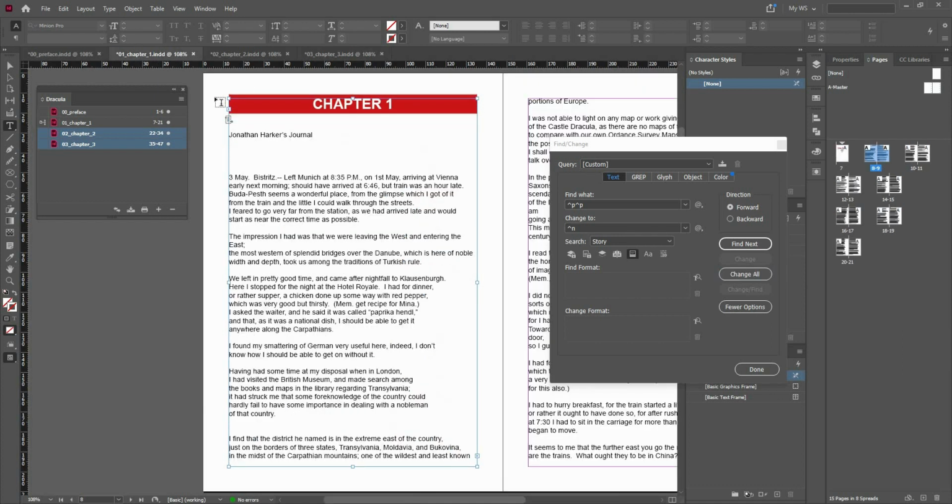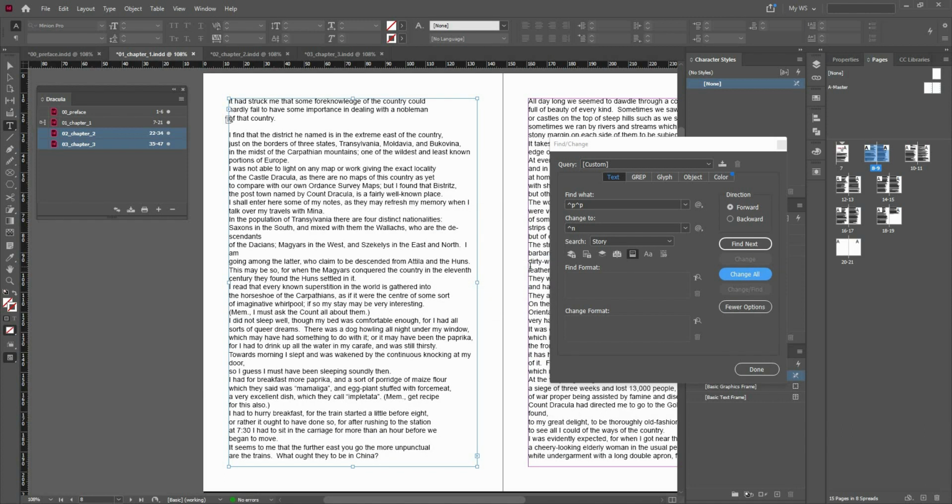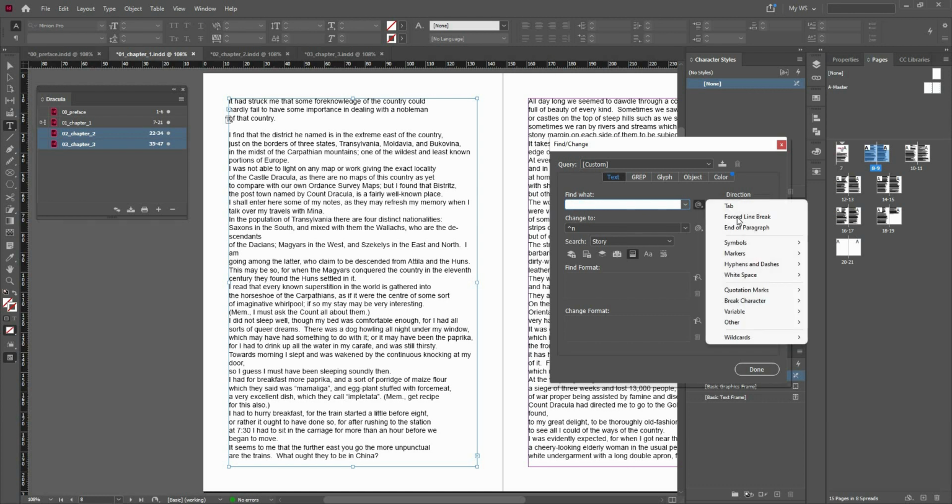I had to do this in this chapter too. That is, Change All. 85 replacements have been made. So if I click OK, now our document looks fine. Now at the end of each paragraph we have forced line breaks, and the reason I did that is because I can now remove all the additional line breaks within the document which are not necessary. So I can just look for actual line breaks, go ahead and delete these line breaks,